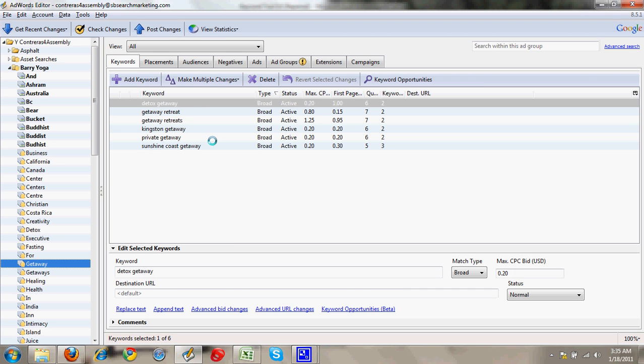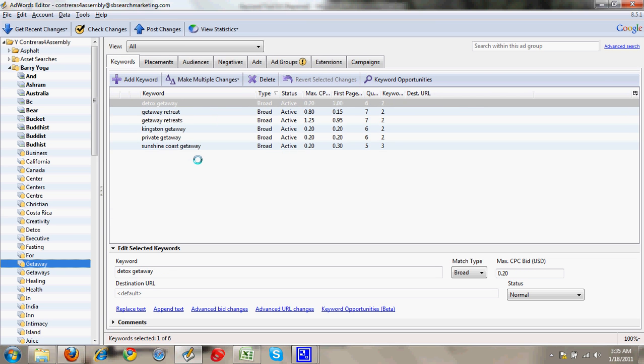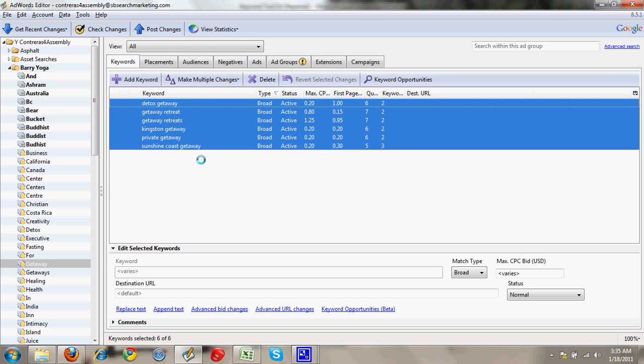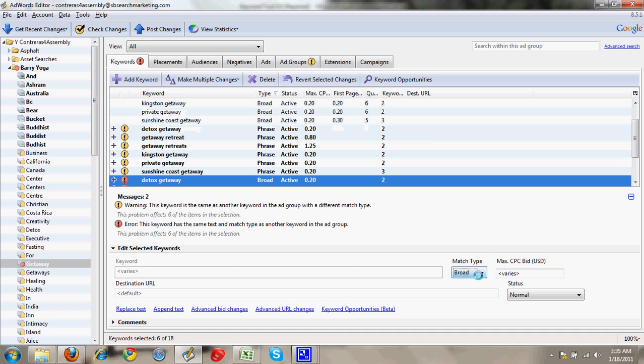Copy, change it to phrase, copy, change it to exact, do the same thing with the next group. This one's getaways. Okay, so you can see with so many different ad groups, it's going to be a lot of different work, just way too much work. Okay, the solution is we take all 550 keywords, copy,